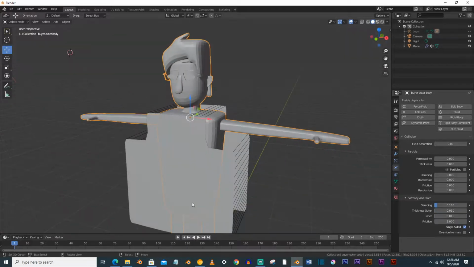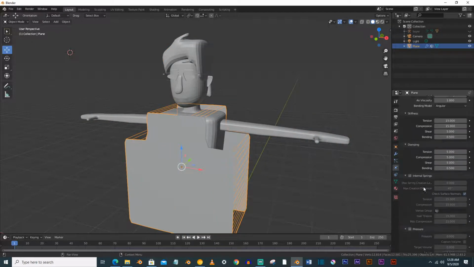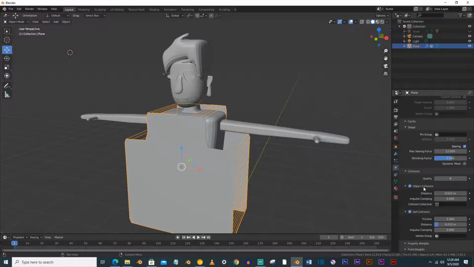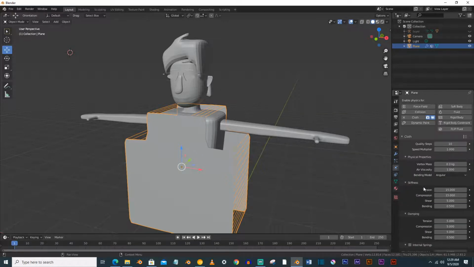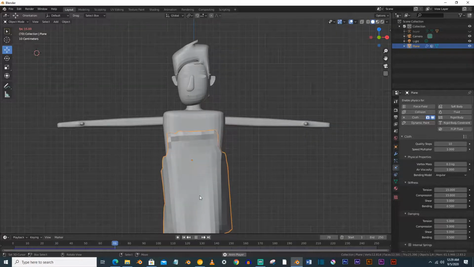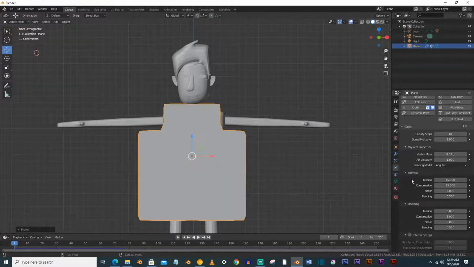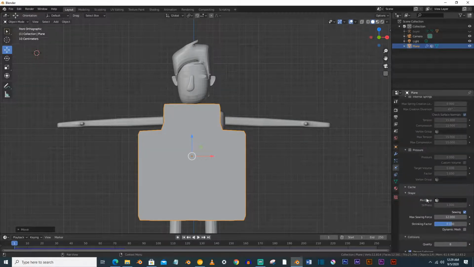Now what you have to do, you can just check it now by pressing the space bar, to see how it works. So we will check by pressing the space bar, and you can see it is something like this.